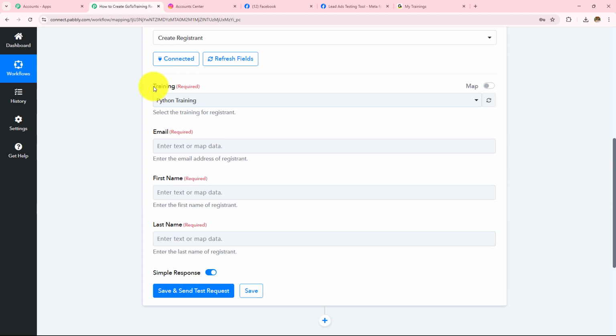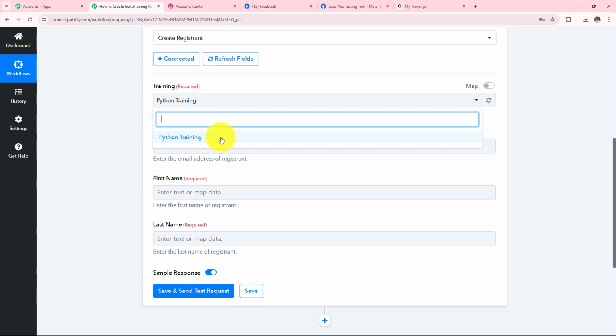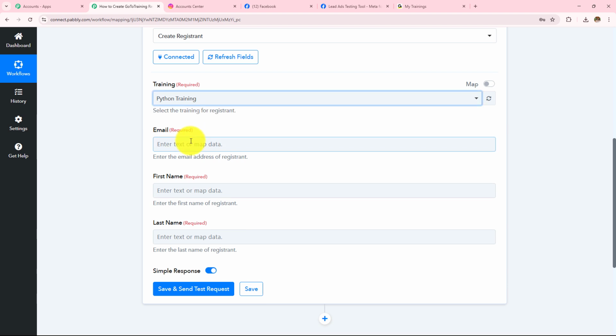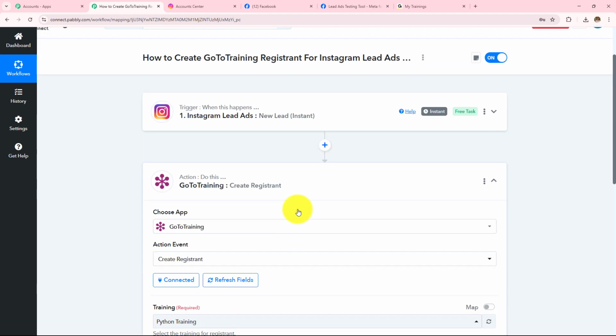So the first one is that I have to enter the training. In this drop down, I can find that I just have one training, so I'm going to select that. I want to create the registrant in this particular training, Python training, so I'm going to select this. Now I need to enter the rest of the details, but I'm not going to enter any of these details manually. Instead, I'm going to use a method called mapping, which means I'm going to enter data from my previous